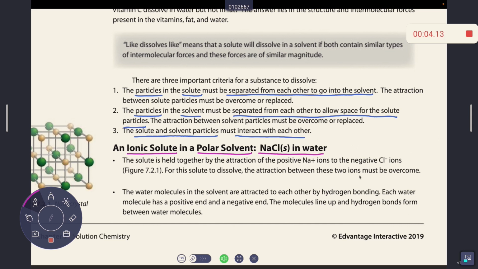Sodium chloride is a salt. Salts are going to have cations and anions that hold them together. So here we have positive sodium ions and negative chloride ions. And the attraction between those ions has to be sort of broken, and then the water molecules will come in between those ions. Water molecules, you know, are attracted to each other by hydrogen bonding. You know that water molecules have a positive and a negative end because they are polar. And if you take a look at the next page,